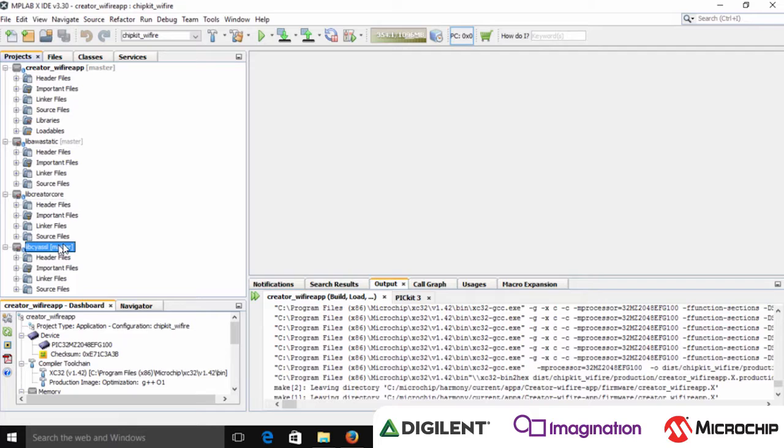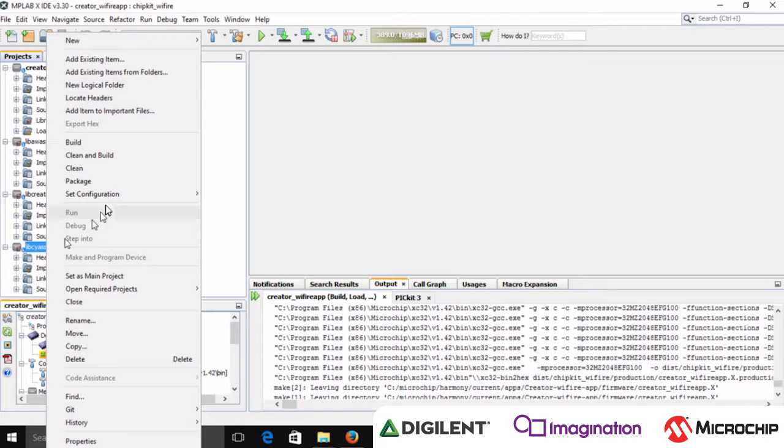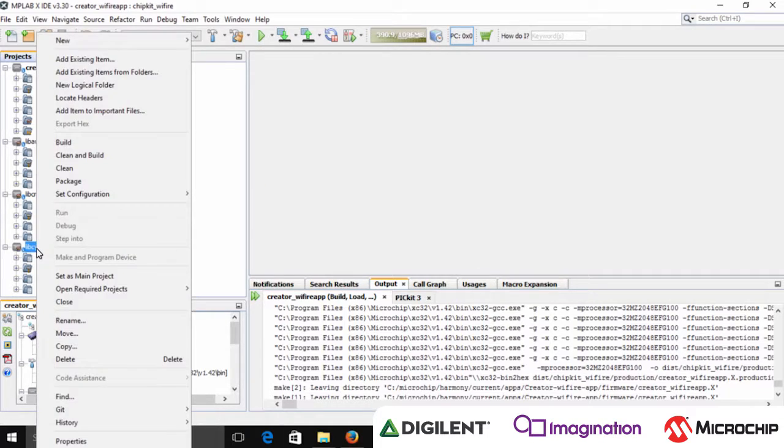So in Lab 13, when we modify the application and add in code to add functionality, we're going to need to rebuild the application, obviously. So there are 3 libraries that need to be rebuilt that support the Creator Wi-Fi app. The first one is the encryption, libsci SSL, and to build this, you'll want to right-click on it, set the configuration to match the microcontroller version you're using. Here we're using the PIC MZEF, and then we right-click again and clean and build,